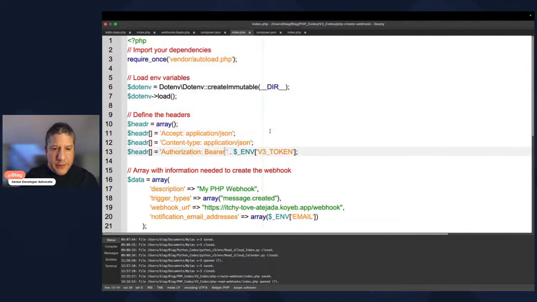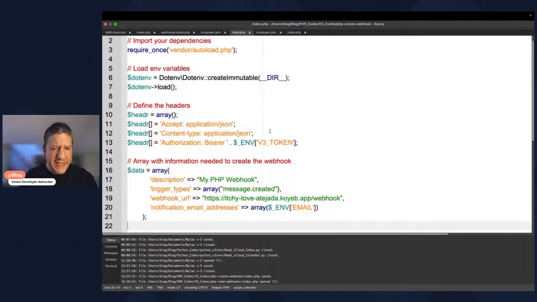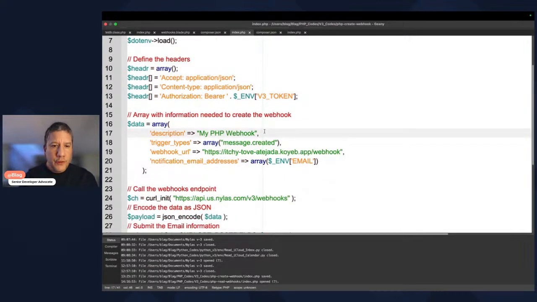And here we need to do the authorization, so the Bearer V3 token or API key. Here we want to have the information. So the webhook is going to have a description saying Bruno PHP webhook. The trigger type is going to be message created. We can obviously use message updated, message deleted, or any of the trigger types that we have. Here it's going to be the webhook URL,